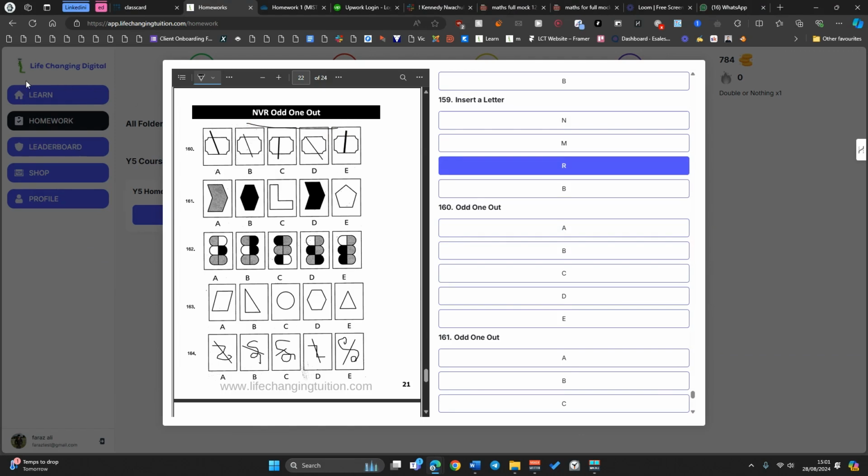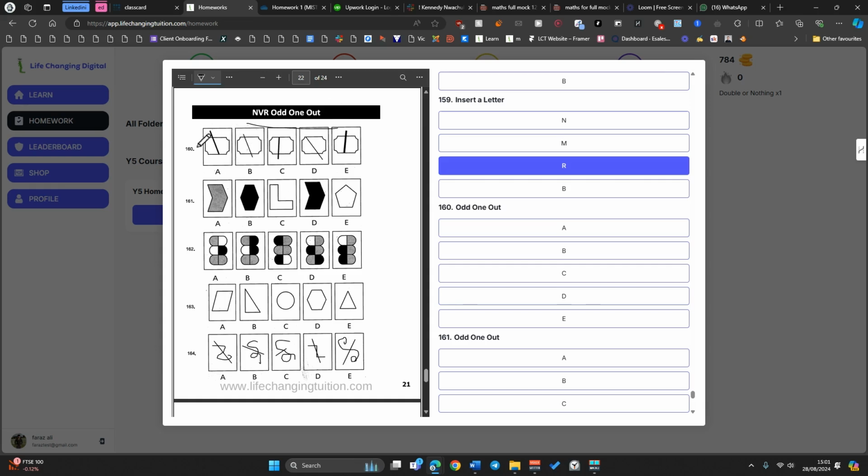Okay, so for this, again, we've got a tutorial in the Learn tab. If you look at the NVR section, how to do this, you want to look at all of the options here, and you'll think of a rule that unites them all. So you have to think of what is similar in all of the options except for one. This is how you have to think about it, right? Don't look for what looks different, look for what looks similar between 4 of them,